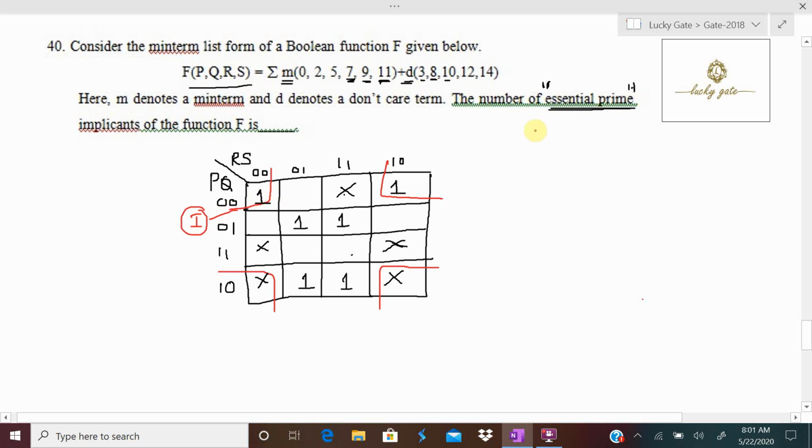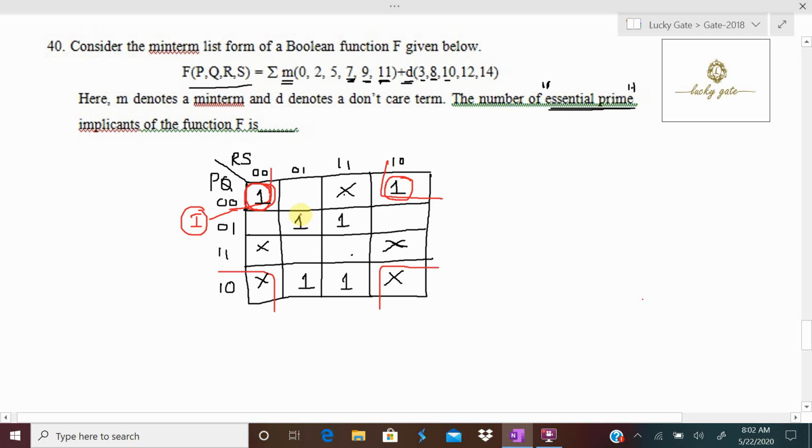Because the question is to find the number of essential prime implicants, what the prime implicant is, is not asked. So I will be finding the essential prime implicants. A prime implicant is essential when examining each square in the K-map that is covered by only one prime implicant. The prime implicant formed with this one is also essential, because this one is covered only by this quadrant of the 4 edges, and no other prime implicant. Moreover, this is already covered by prime implicant 1, so both belong to the same.